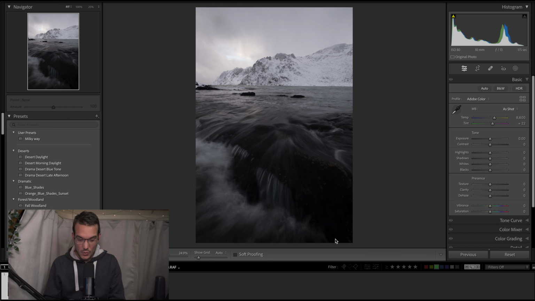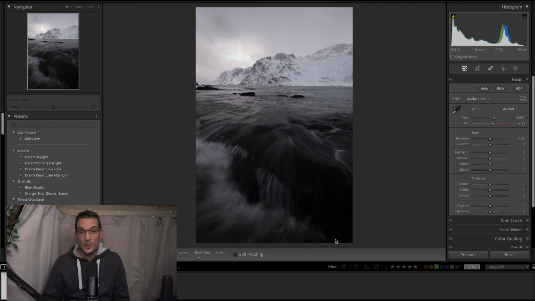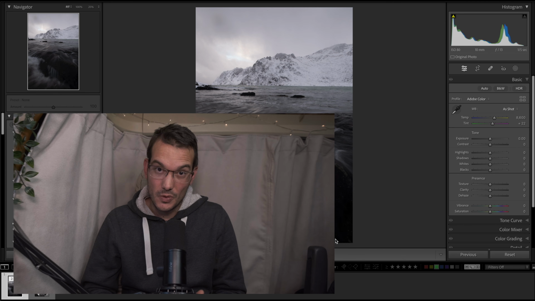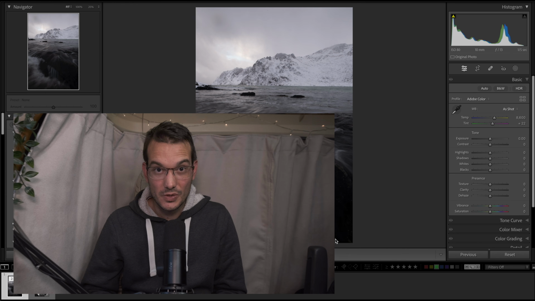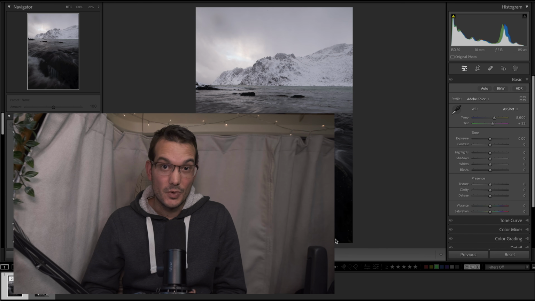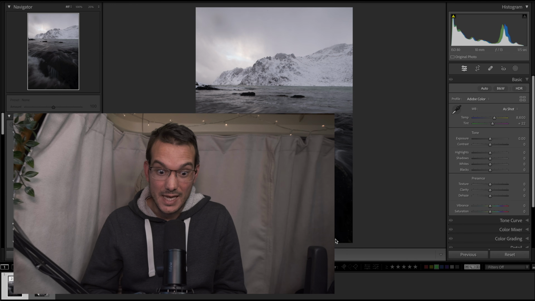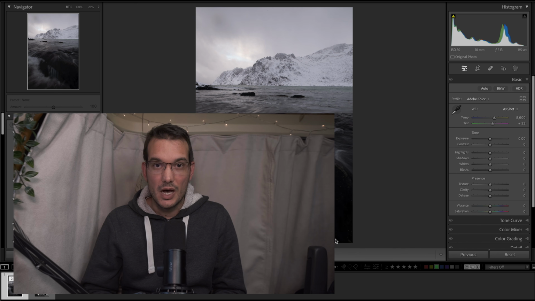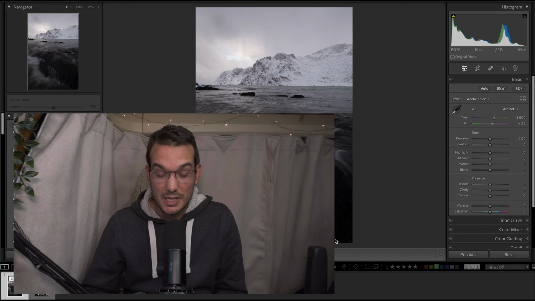So this is the one I wanna deal with. This is a picture I took in the Lofoten during a workshop this winter. We were actually locked in during the whole morning because there was a lot of snow and the road hadn't been cleared yet, but we were lucky because of course we were in front of a nice fjord, which is usually the case in the Lofoten, and we went with one of the participants a bit along the fjord, and we found this nice place where we could practice